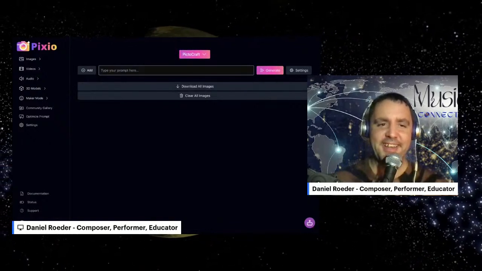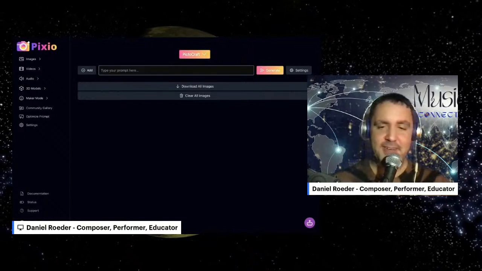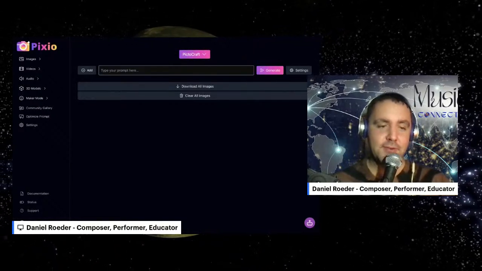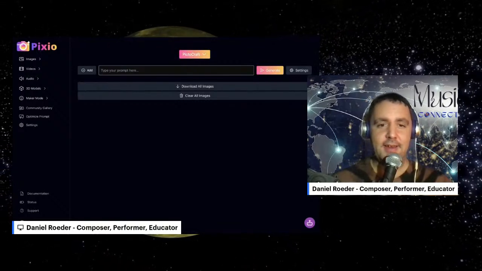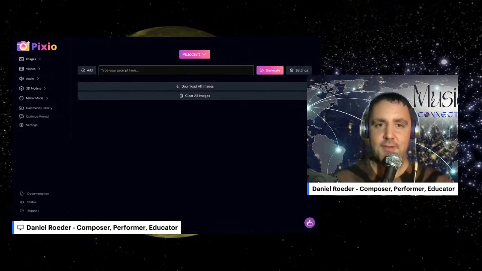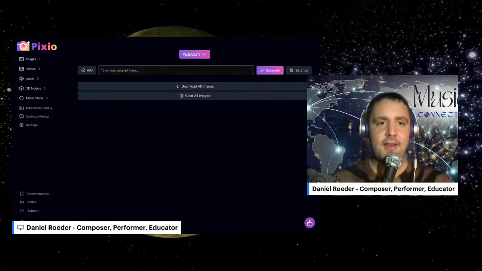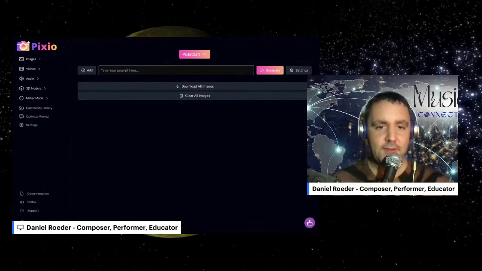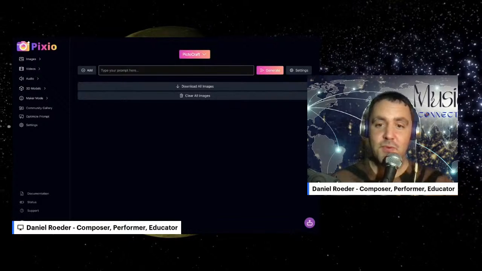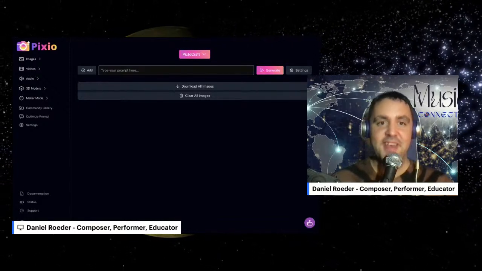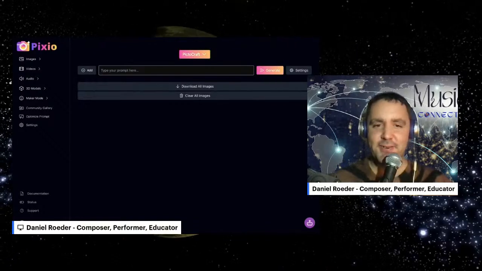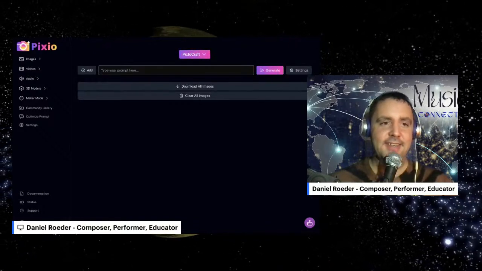Like I use a lot, but today I'm actually going to demonstrate a little bit of FluxCraft Ultra, and I really am excited about this because there's one button in FluxCraft that I don't really know what it does, and it's a button that says raw. So this is the Pixio environment, and it is